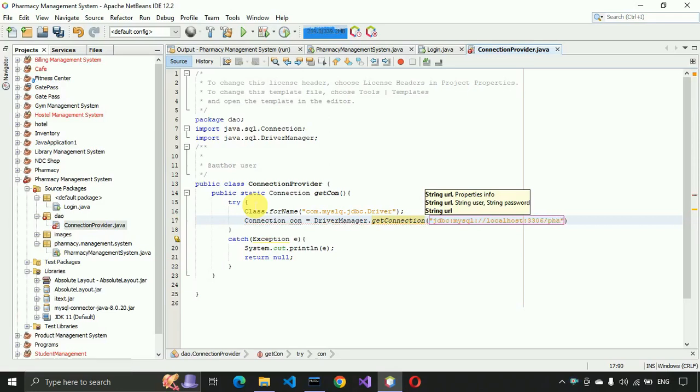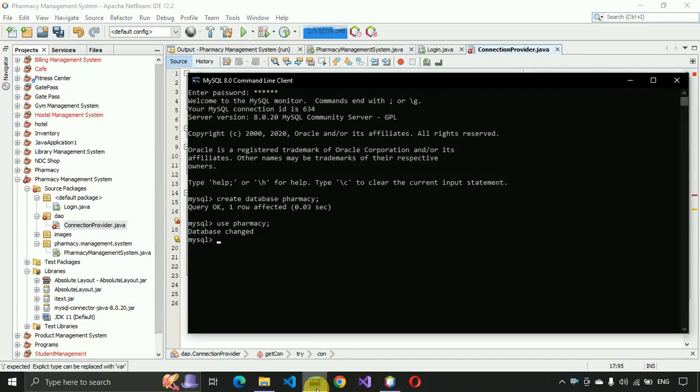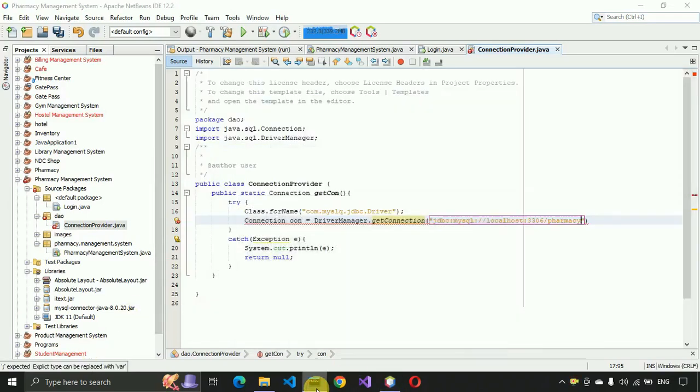And pharmacy, we have created that database over here, you can see pharmacy, and after that we have to write a question mark over here,